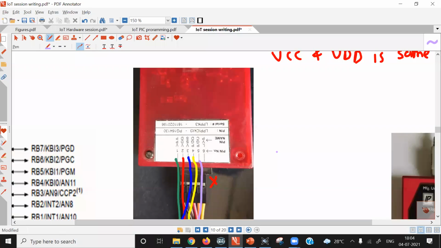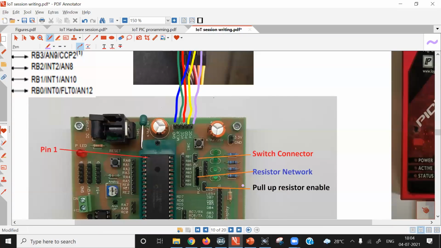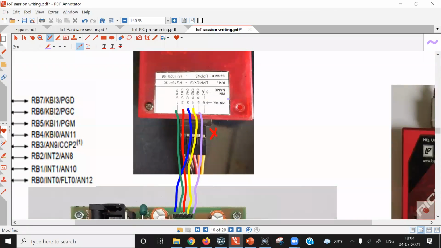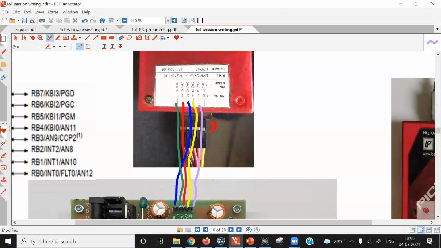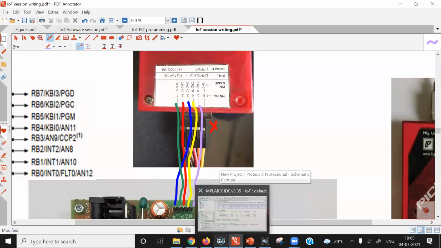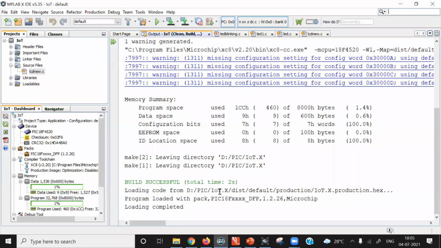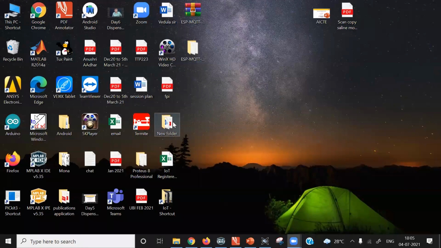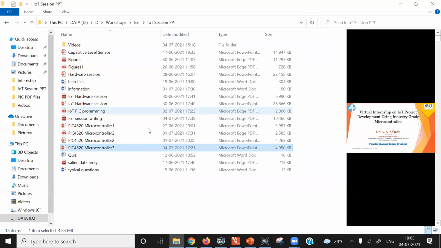Without the PicKit3 or PicKit2 programmer, we cannot download a hex file into the PIC microcontroller. Remember. So along with this PIC development board, to download a program into this microcontroller IC, you require this PicKit3 or PicKit2 programmer. You can use any one. Next thing is, you must first of all write your code, generate the hex file, and with the help of the programmer, download it. I have not connected the programmer right now. I already showed you a video. So let me once again play that video.